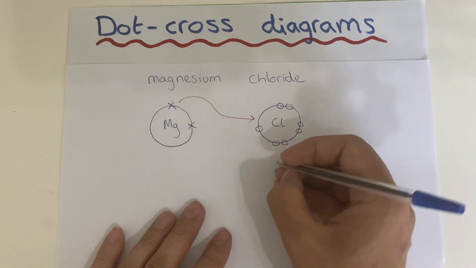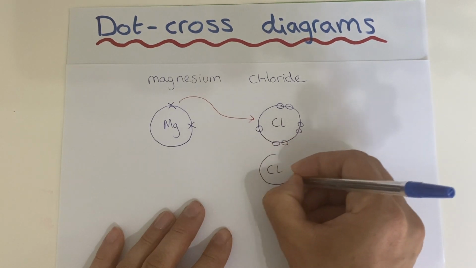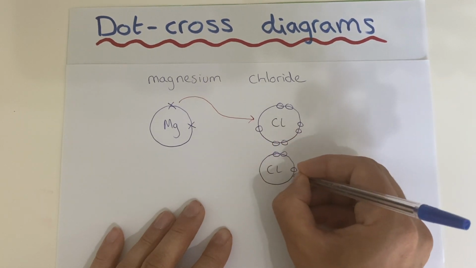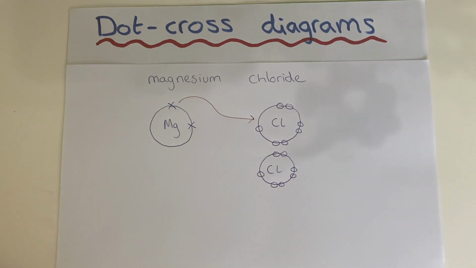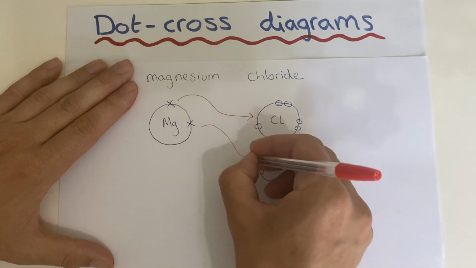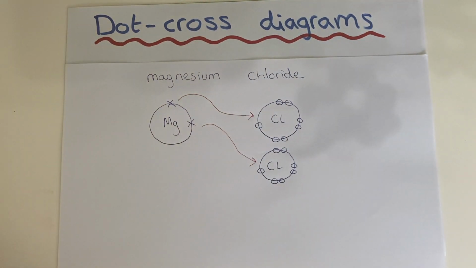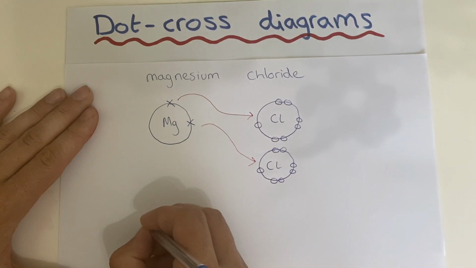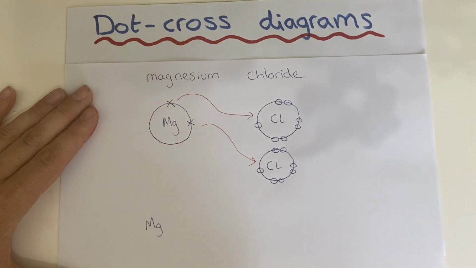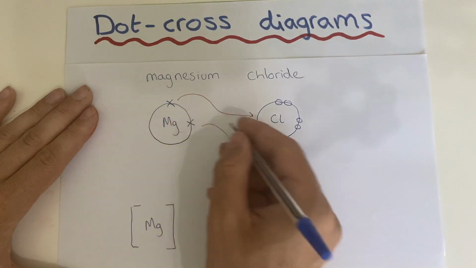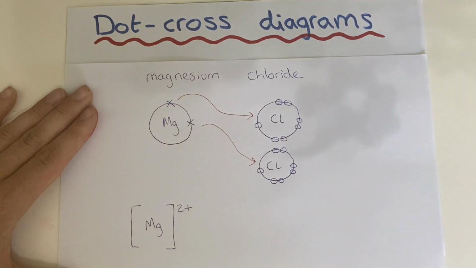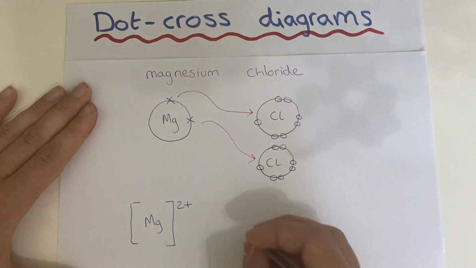So I will draw another chlorine atom. 1, 2, 3, 4, 5, 6, 7 electrons in its outer shell. And we'll do another electron transfer arrow. And we would now need to draw the after the electrons have moved diagram to represent the ions. So Mg, no electrons left in its outer shell. Because it's given away 2 negative charges, it becomes 2+. Check with your table of ions. And we're going to have